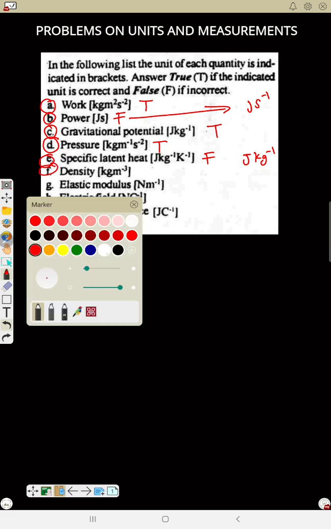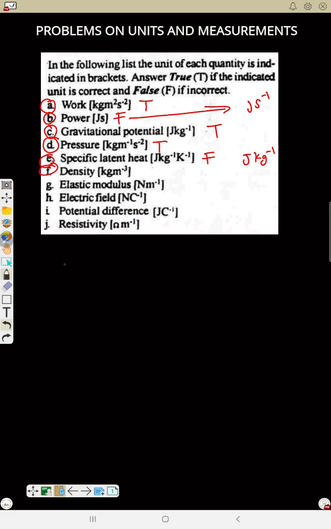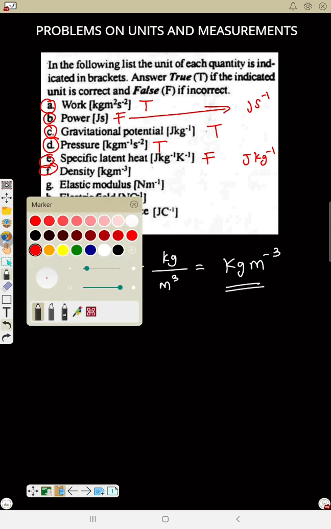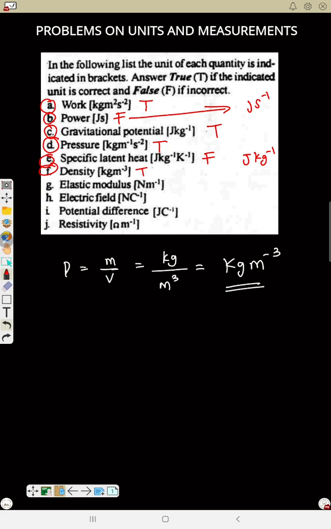Density. What is density? Density is mass over volume. What is mass? Mass is in kilogram. Volume is in meter cube. So if we combine the two, that is kilogram per meter cube. So that means it's correct. The statement is true. Now G,